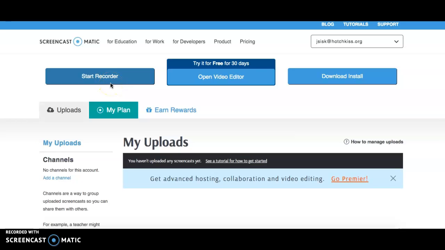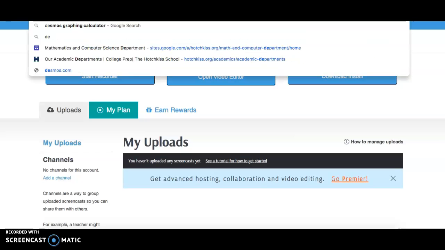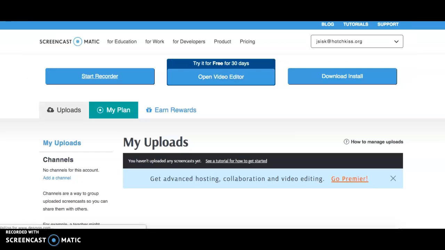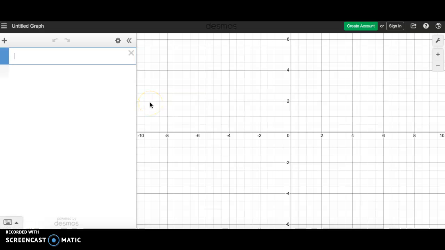So one of the nice things that you can do after you've solved these problems by hand is go online to the calculator and see if your solutions are correct. So right now we're going to go to a program online called Desmos.com. And you just type in Desmos.com on your browser, and we'll bring up a calculator that you can use right